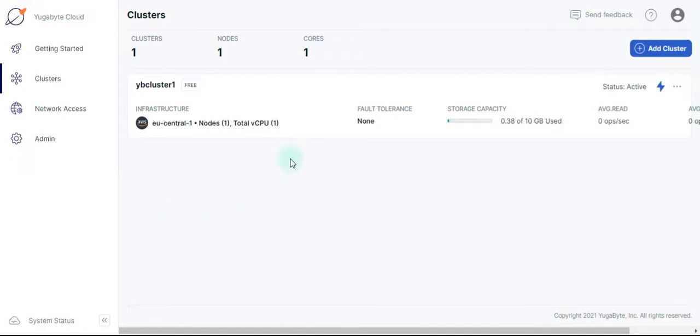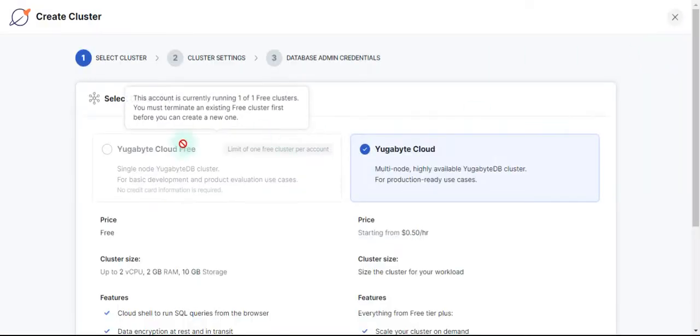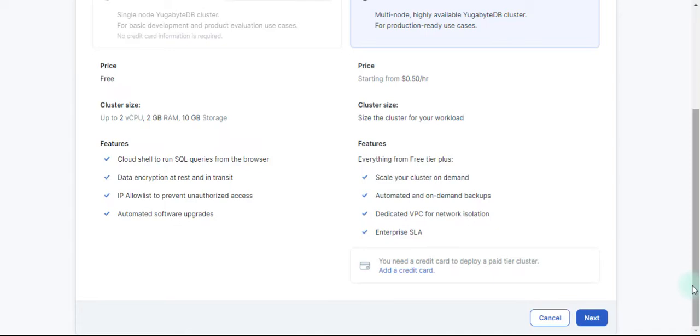Here I have logged into the cloud account, and this is the screen where you add the clusters, right? So I've already added one, which is a free cluster. If you go in here, you can see I've already created one, so this is disabled for me. But if you go to the next screen,